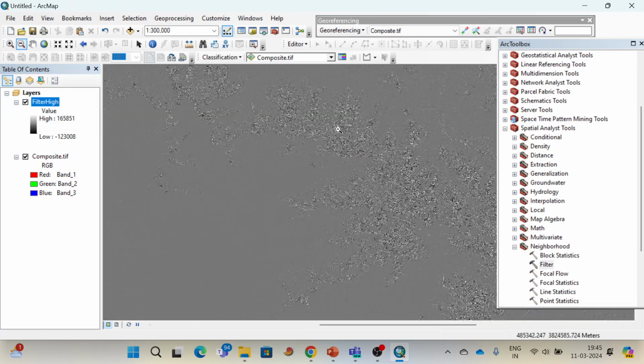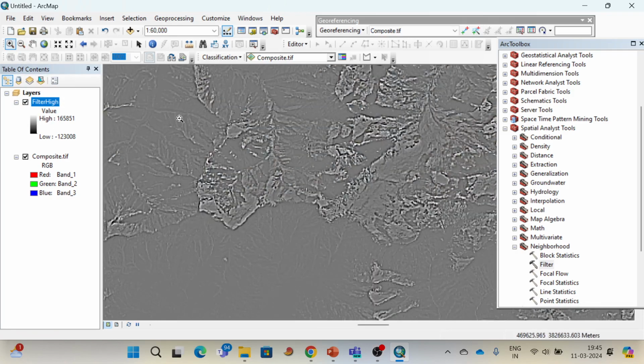If you see this image, you can see these edges. So these were the mountain ranges, and these edges have been enhanced. See, so this is how this filter works. So this enhances the edges. Okay, and if you apply the low pass filter